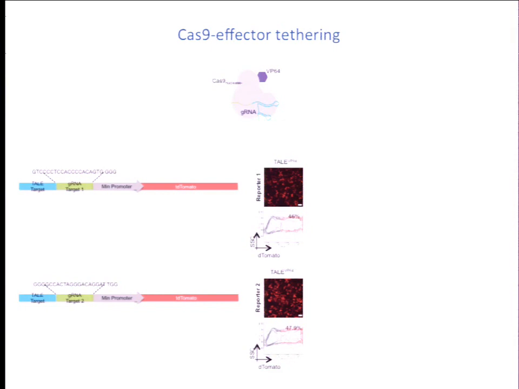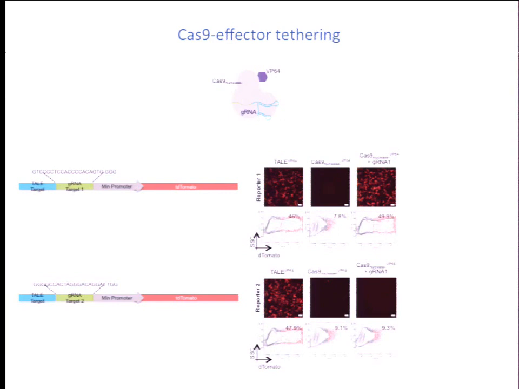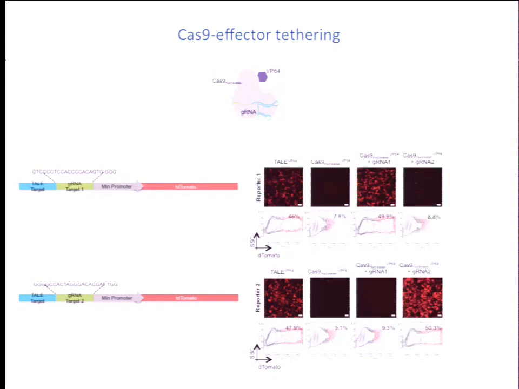So indeed, if we excited these reporters using a TAL transcription factor, then one could turn on both the reporters effectively. But if we use just the nuclease null version of the Cas9, then neither of the reporters was effectively turned on. But if you use the appropriate guide RNA corresponding to the appropriate reporter, then the corresponding reporter was turned on. For instance, here guide RNA1 turns on reporter 1 and not reporter 2, and vice versa, where guide RNA2 turns on reporter 2 and not reporter 1. So this indicated that the nuclease null version of the Cas9 is indeed functional, and it can bind to guide RNAs and also do RNA-guided targeting. In particular, by attaching an appropriate effector domain, you could convert the Cas9 system into a transcriptional activator.